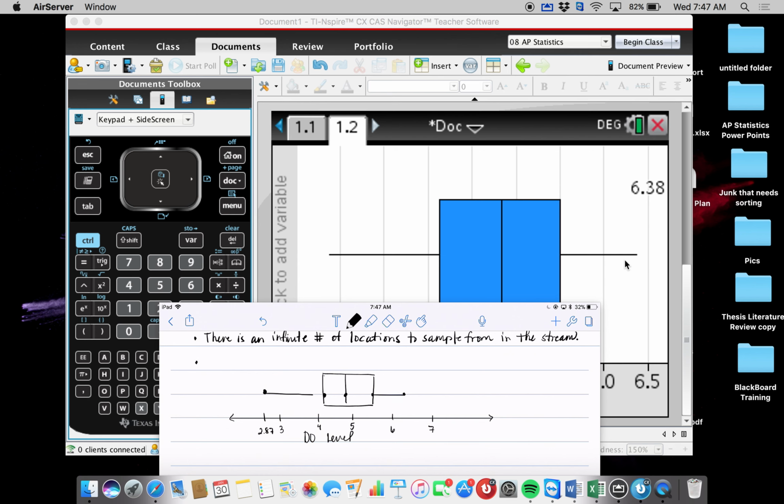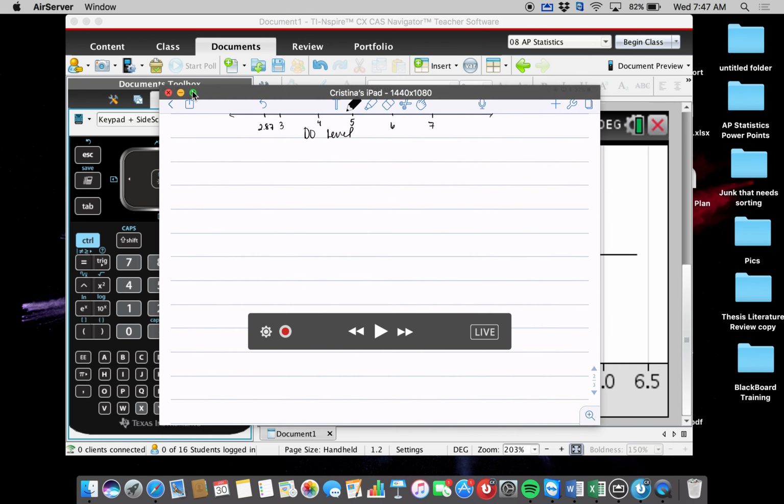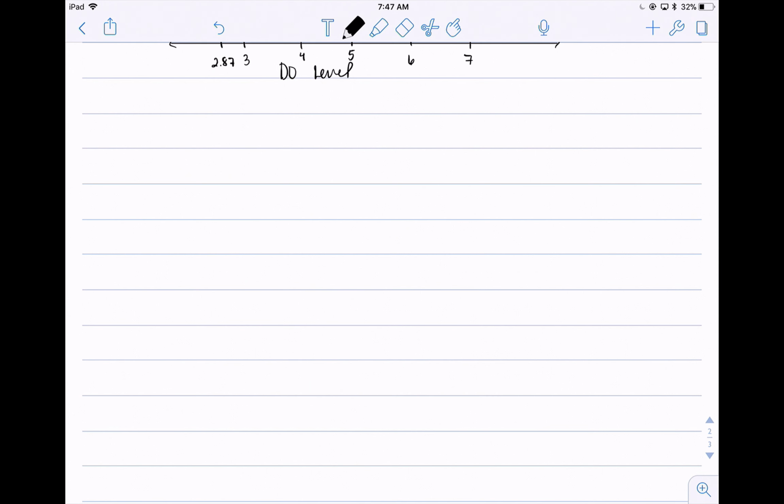And there you go. All right, there's your box plot. So since it doesn't look too bad, we can go ahead and write the following. Since the data shows no extreme skewness or outliers, we will assume